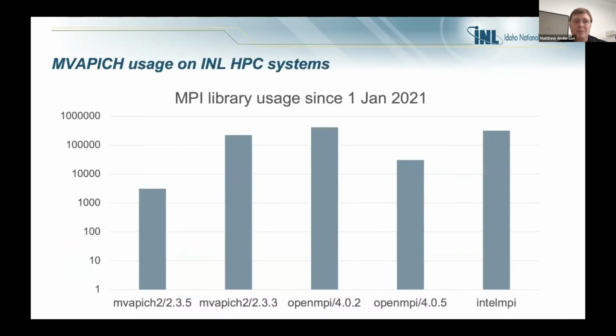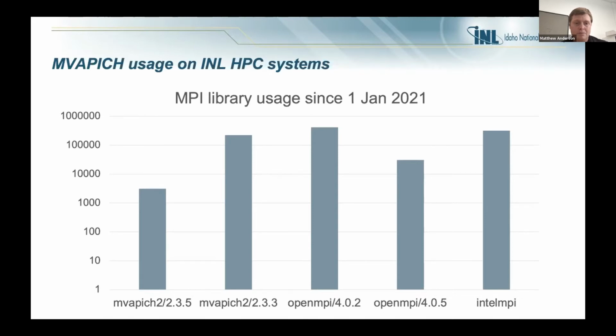So just to give you a perspective, this is MVAPICH usage on our system since January 1st. We see we still have a lot more usage on the older buggy version. The version is not, we kind of hacked a couple with PBS 2.3.3. 2.3.5 is the new standard that we're using for all of our Moose framework simulations, all core simulations, everything's going